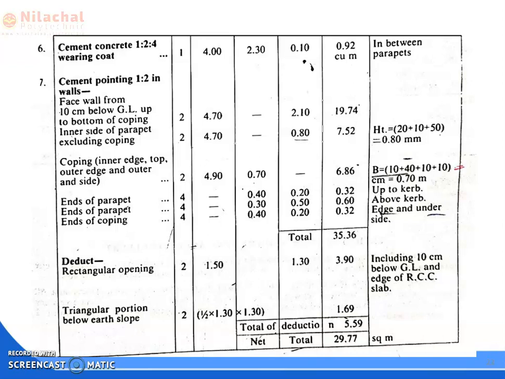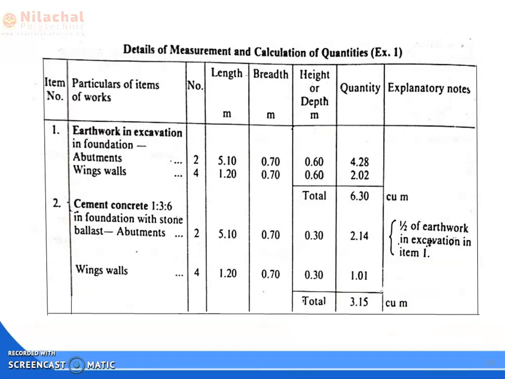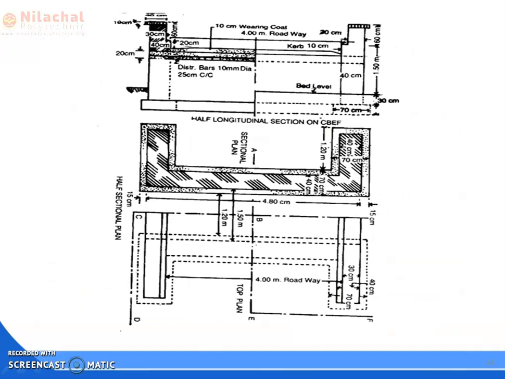Okay, road side. So that side of the parapet we consider as the inner side of parapet. It is also 2 numbers. So here the inner side of parapet is 2 numbers. So how much is length? Length is equal to the face wall 4.70. Then how can we get the quantity? Then inner side of parapet 1 we consider first from the car point to the parapet wall ending. We cannot consider the coping part.